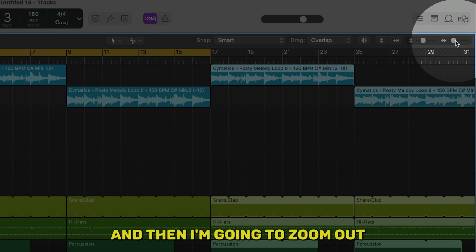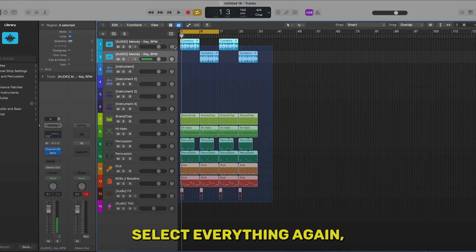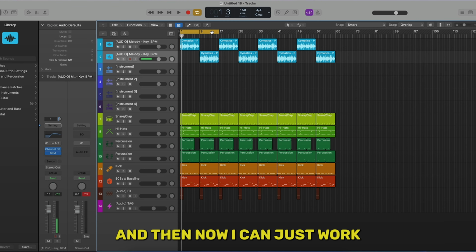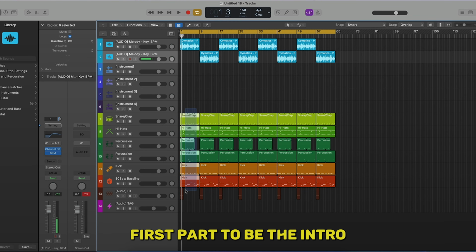And then I'm going to zoom out here in the top right so I can see the full length of my beat. Select everything again, Command R, so that it duplicates over. And then now I can just work on sequencing the parts of my beat. So if I wanted the first part to be the intro,